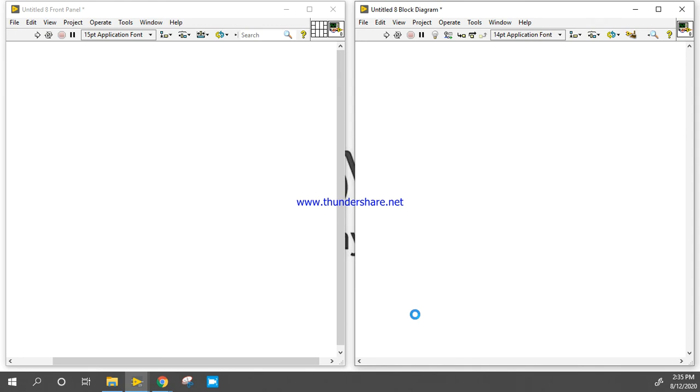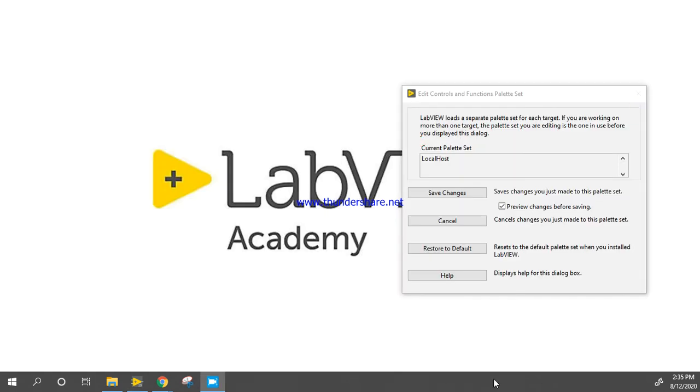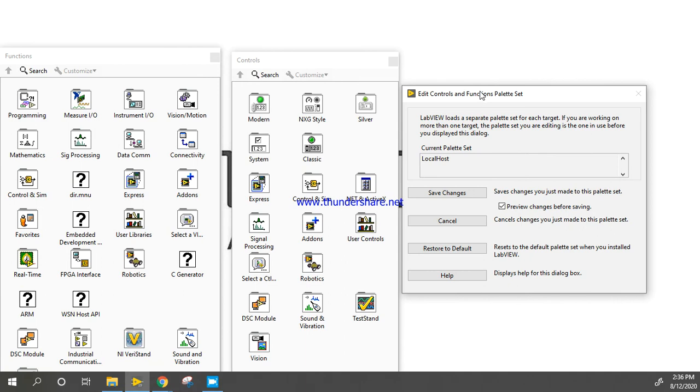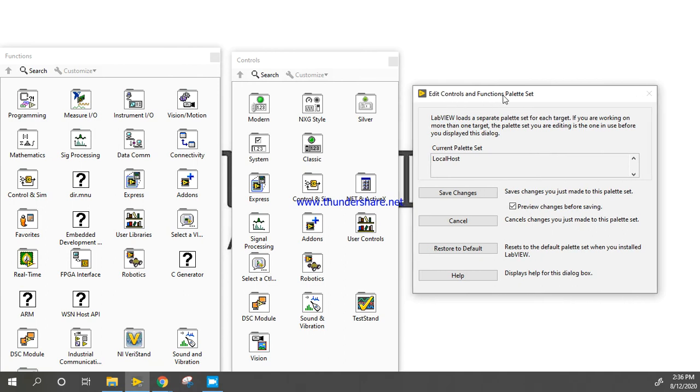Then the Edit Palette Set window will appear in front of you. When the palette is open, you will get the edit control and function palette. Edit control and function palette has been opened.